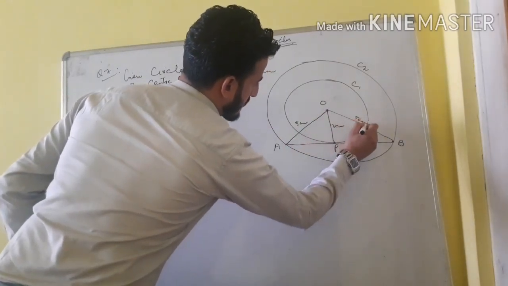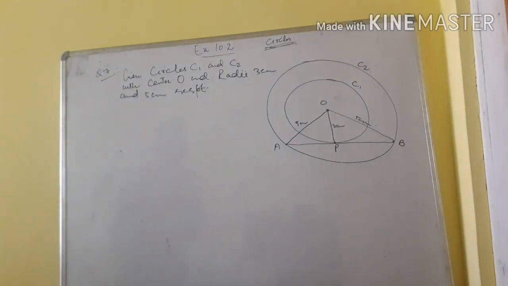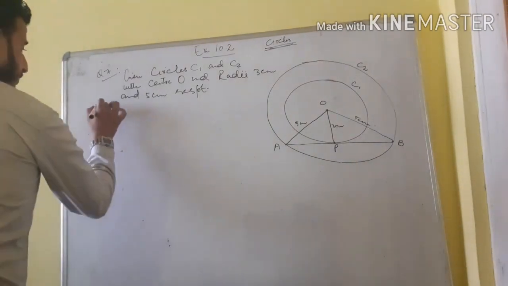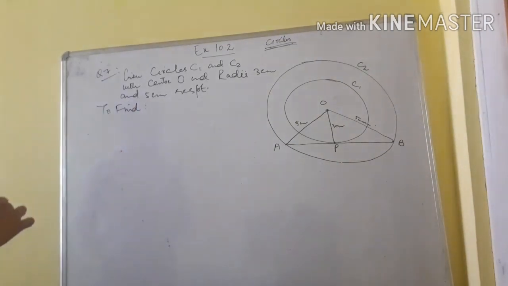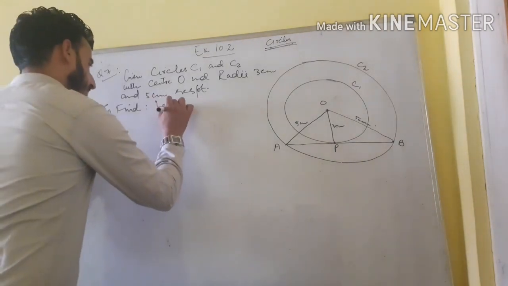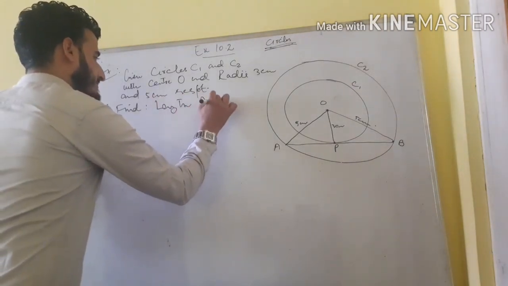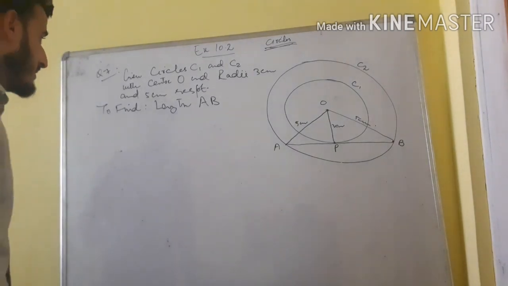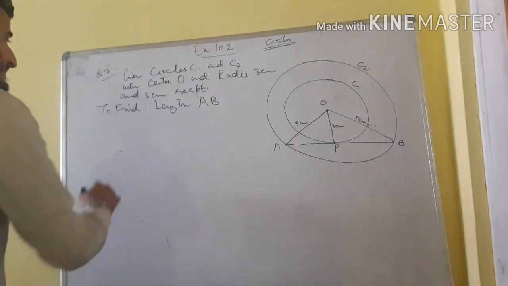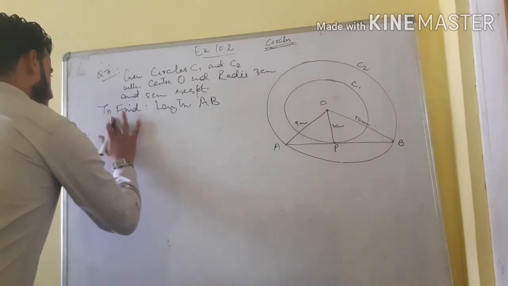And this is also 5 centimeter. Hope you understand up to this. What we need to find is the length AB. Second, coming to the solution,